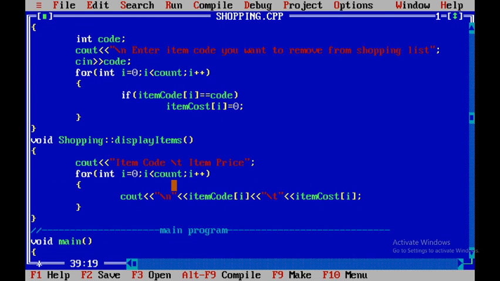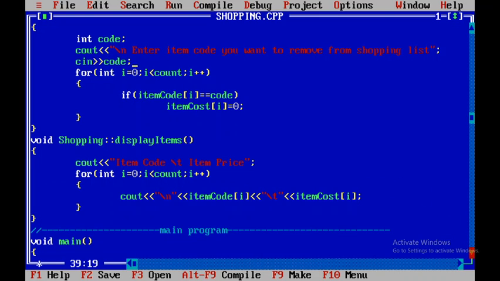So if count is 5, the loop will execute from i equals 0 to i less than 5, that is for 0, 1, 2, 3 and 4, 5 times, and it will print the values of atom code of 0, atom cost of 0, then atom code of 1, atom cost of 1, likewise up to atom code of 4 and atom cost of 4. So the entire list will be printed.